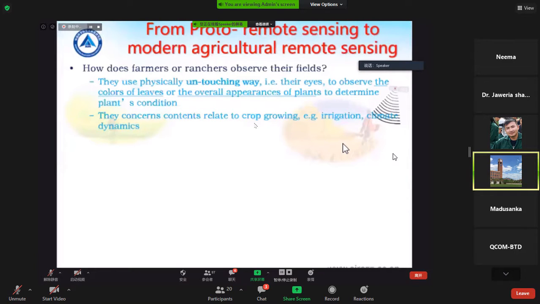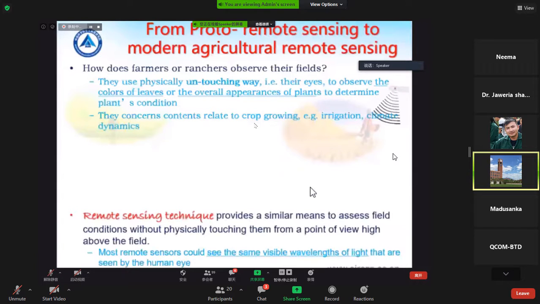Generally, most of them use their eyes to observe the overall appearance of the crop plants, such as the color of the leaves, to determine the current crop growth condition, and then they implement the relevant management measures based on their experience, such as irrigation and fertilization. And the remote sensing technique provides another way to